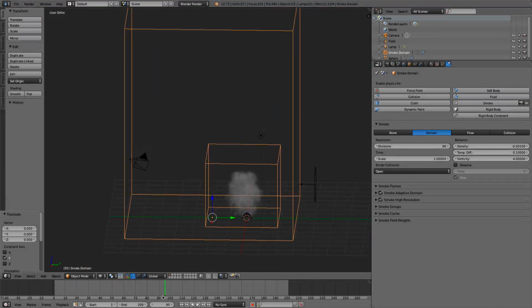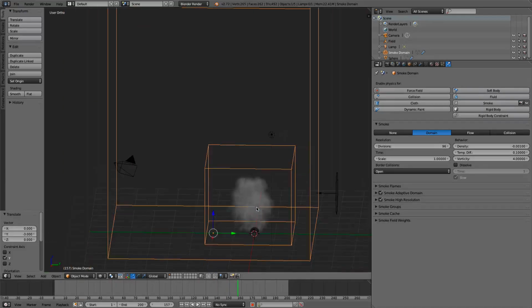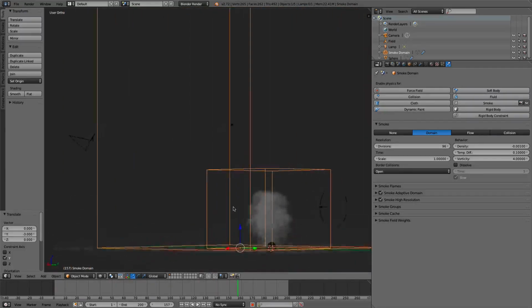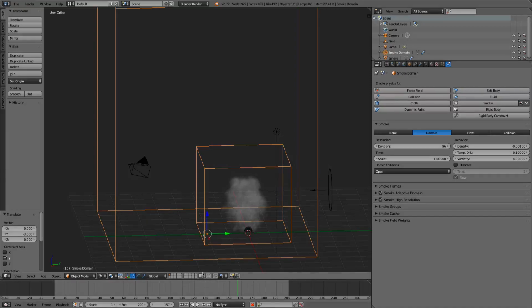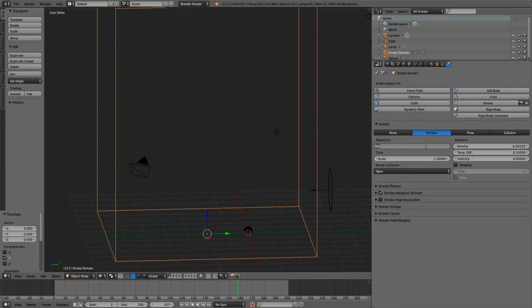One thing I can see about my smoke that I do not like is that it's very centered. It's not very straight up. So what I'm going to do is I can do a couple things. The density here, I would just check smoke high resolution off so you can just see what this looks like. Change this to 64 divisions. You can change this. So the higher number, the faster it's going to move up.